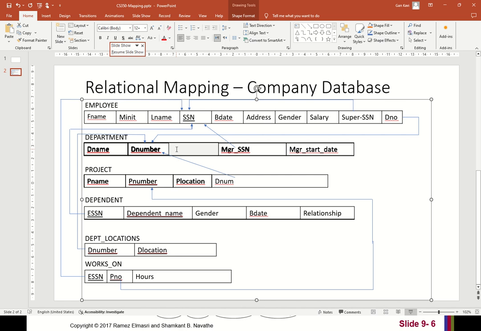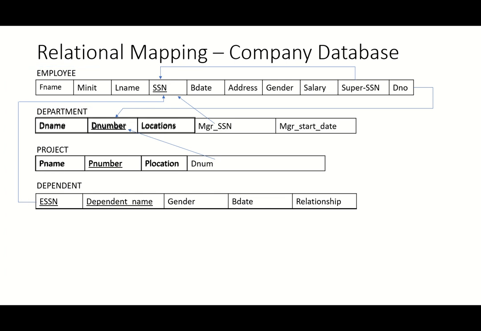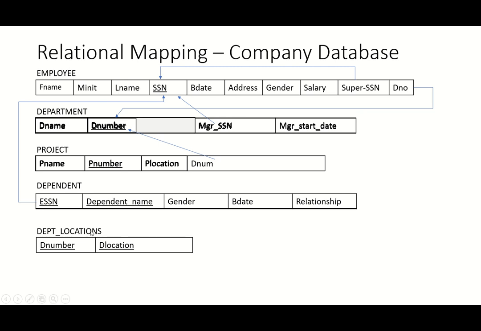Previously it was in the department table. Let me go back so that you will understand. Can you see that? There was an attribute called locations, but it's a multi-valued attribute. I need to create a new table, so remove it from that table. The multi-valued attribute is taken out of the table. Create a new table, call it locations, and can you see the attribute location inside? And what is the other one? Primary key of the table. Where does it come from? It comes from the department table. So primary key of the department table. Can you understand now? So this is the idea